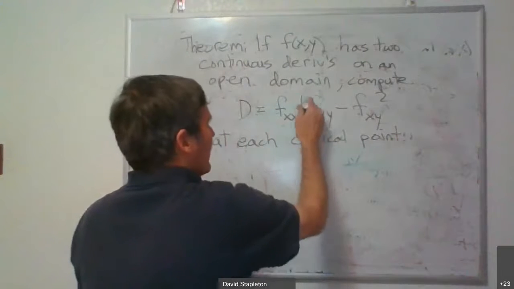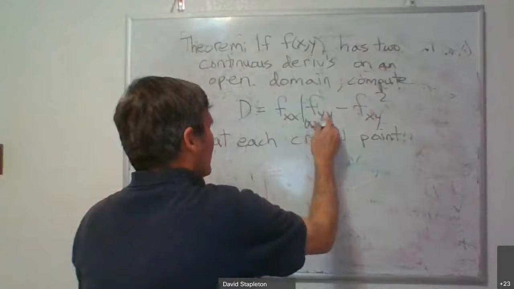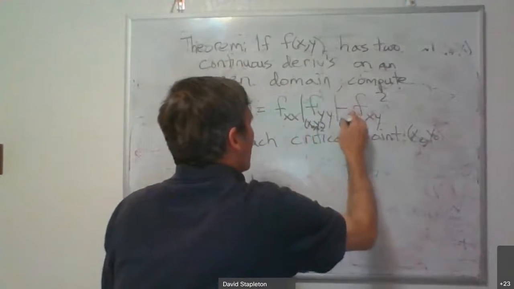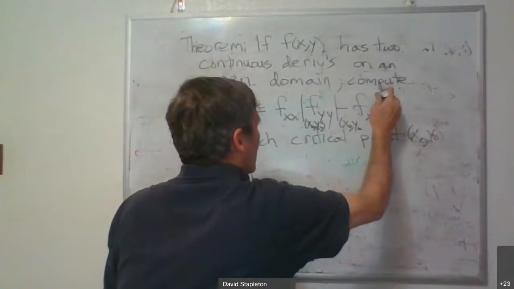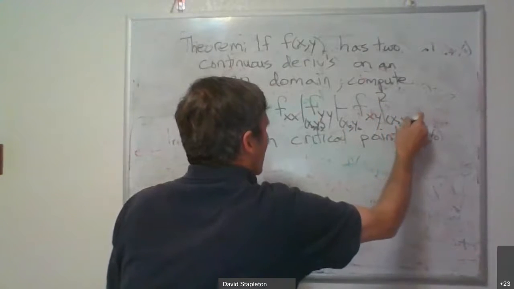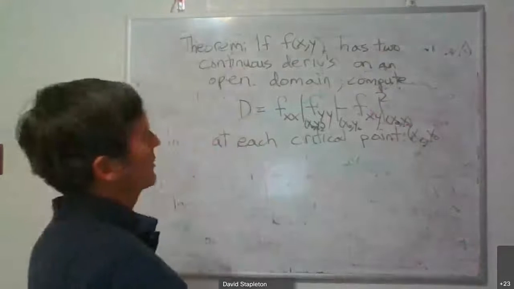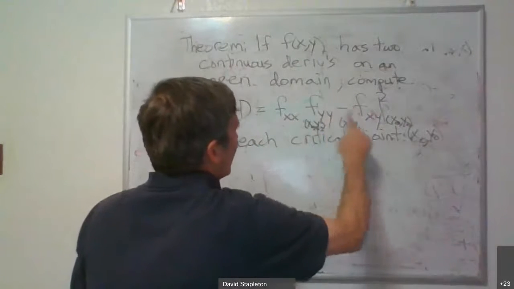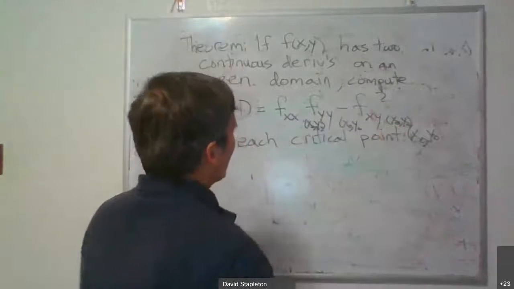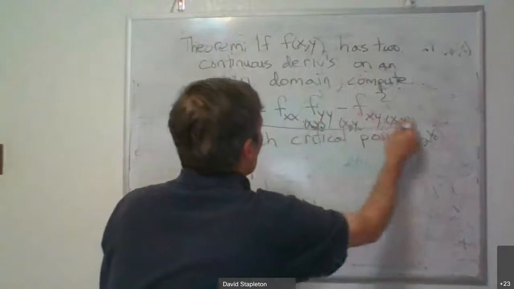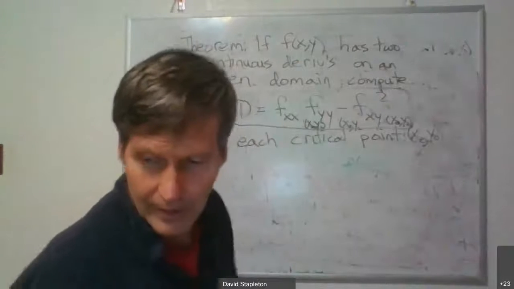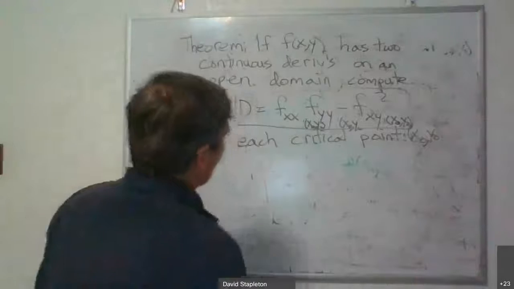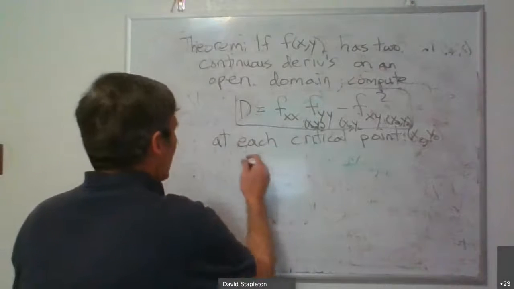So I can put this on here, evaluated at x0, y0, and fyx. That just means plugging in the point after you find the second derivative. But really, this is so messy here, it's nice to leave this off. All right. You compute that. Now, at each of these points,